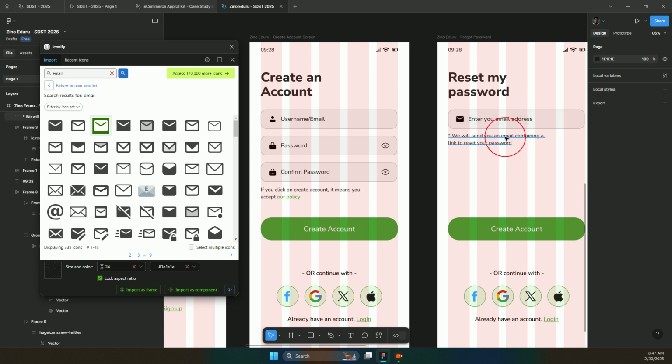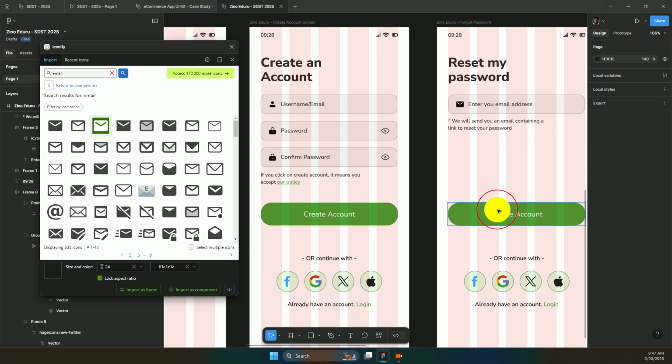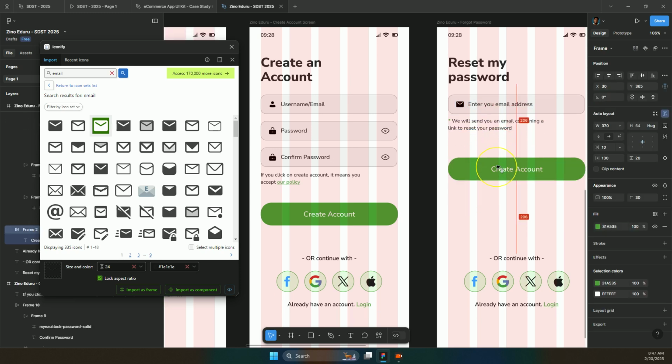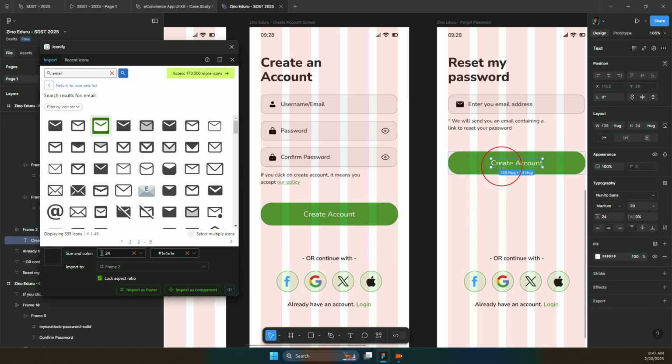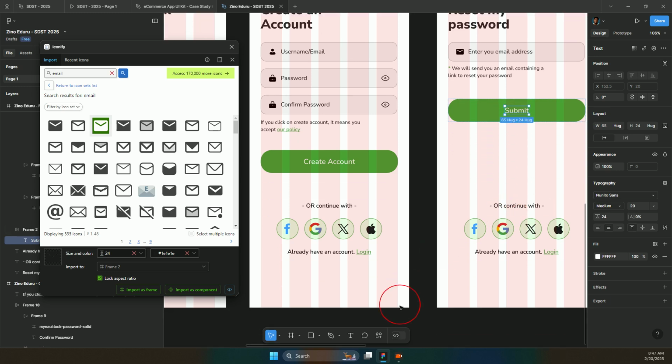Okay, so you're actually getting there. Well done. And then you bring out this button, and then you type submit. Okay, you can see